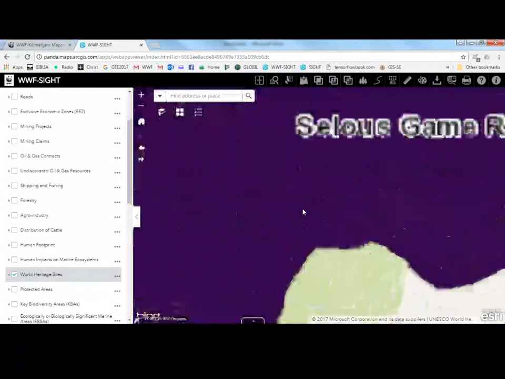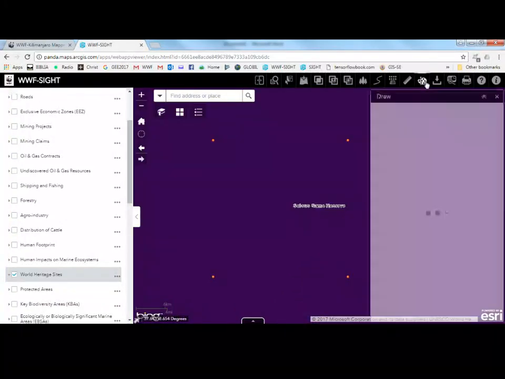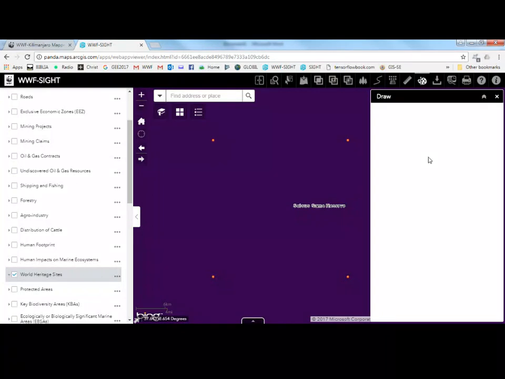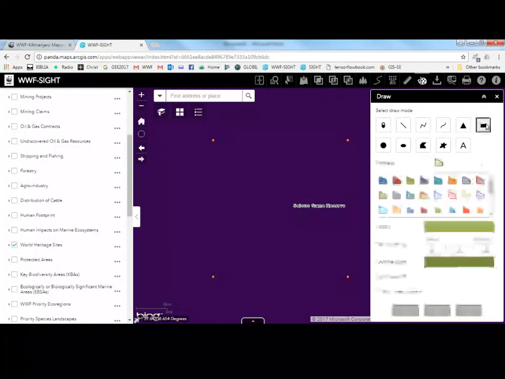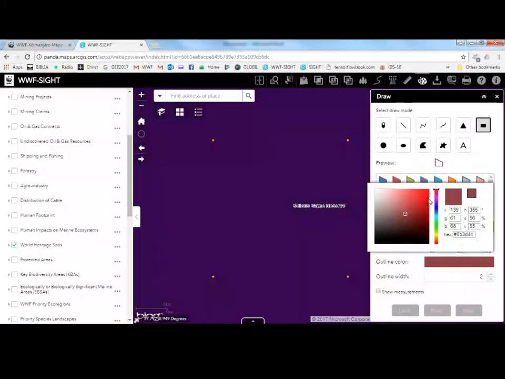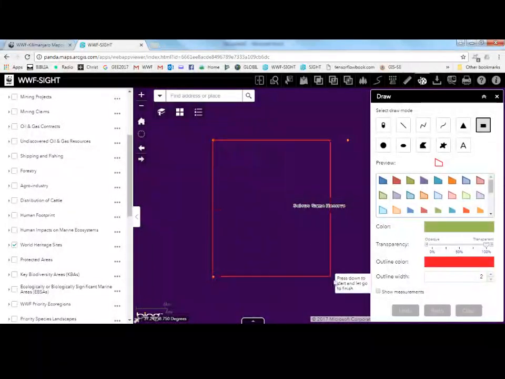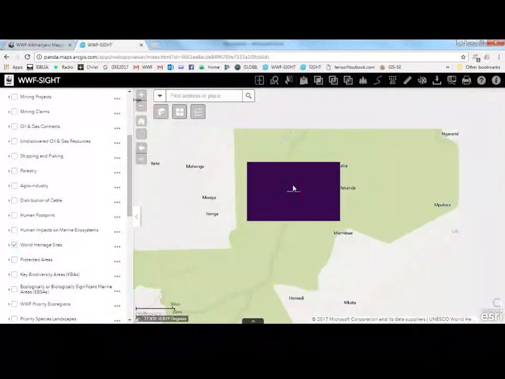Then if I want to show that this is the grid, I can go to draw and change the transparency to this one. Then I can say put it to red. Then automatically these two are okay. Then I can select this triangle here. Then I can drag from corner to corner, because this is the square. Automatically the square will appear. So this is how the quarter degree information I've extracted there.